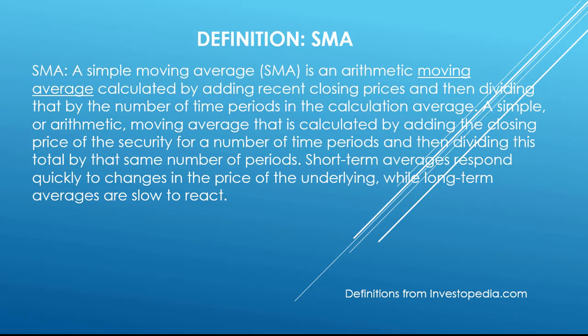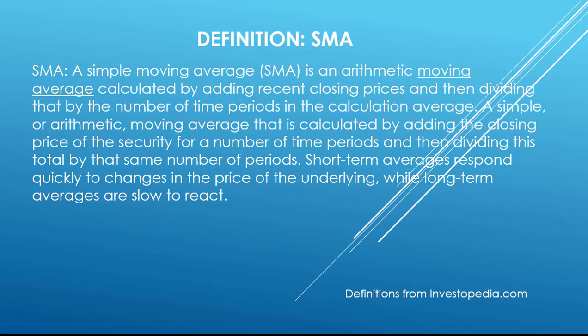The definition of a simple moving average is an arithmetic moving average calculated by adding recent closing prices and then dividing that number by the time periods in the calculating average. A simple or arithmetic moving average is calculated by adding the closing price of the security for a number of time periods and then dividing this total by the same number of periods. Short-term averages respond quickly to the changes in the price of the underlying average, while long-term averages are slow to